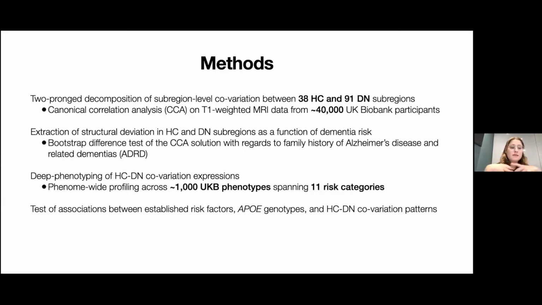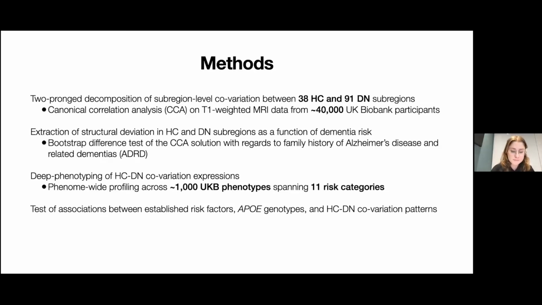Next, we performed a deep phenotyping of hippocampus-default network covariation expression, which consisted of a phenome-wide profiling across 1,000 UK Biobank traits that span 11 broad risk categories. Lastly, we tested for association between established risk factors for Alzheimer's disease, APOE genotypes, and hippocampus-default network covariation patterns to really look at these rare genotypes that previous neuroimaging investigations were not in